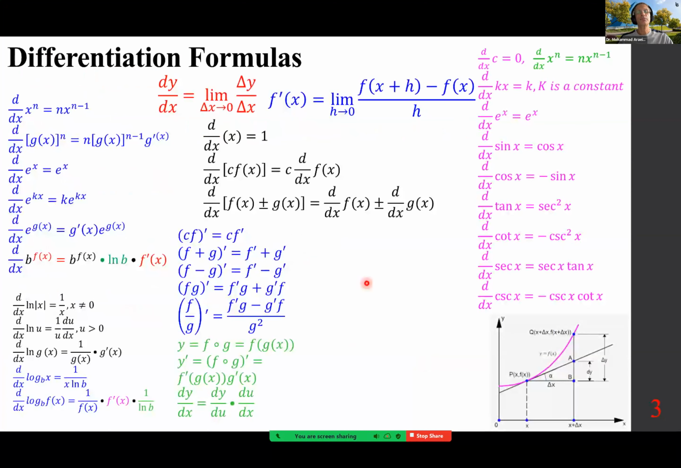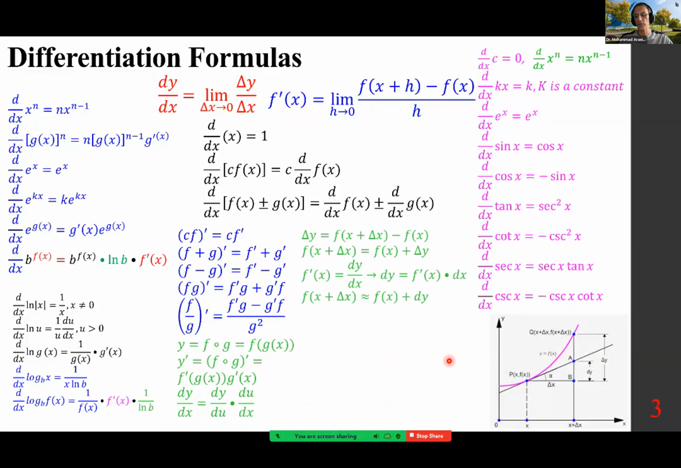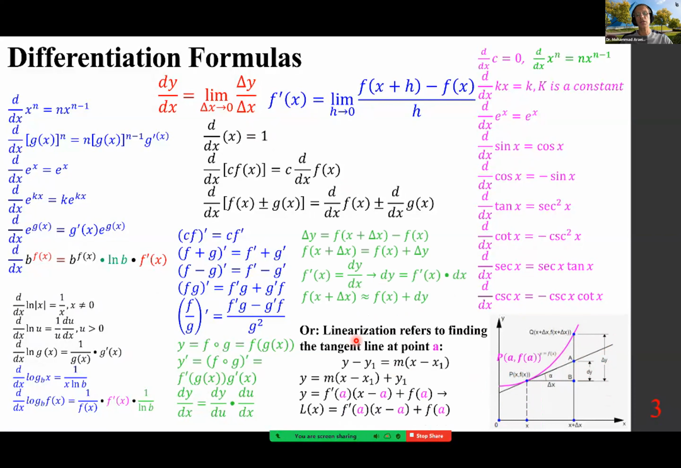So we have differentiation formulas from the basic definition to power rule, exponential rules, trigonometric functions, product, quotient rule, chain rule, and so on. The concept of dy versus delta y. Dy is the change in y along the curve, delta y along the tangent line, and finding linearization, which means find the tangent line using the point slope